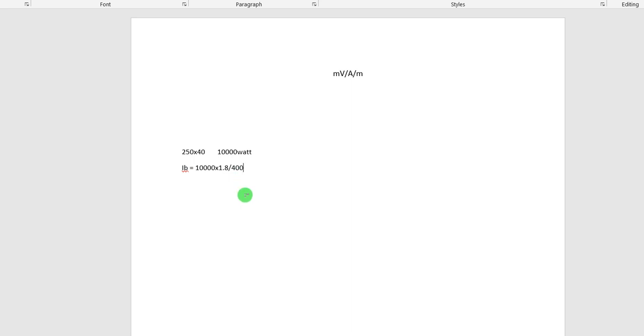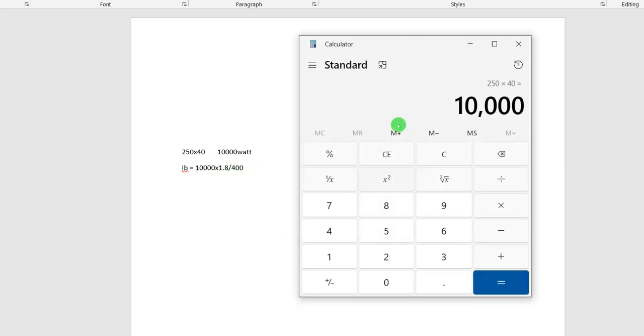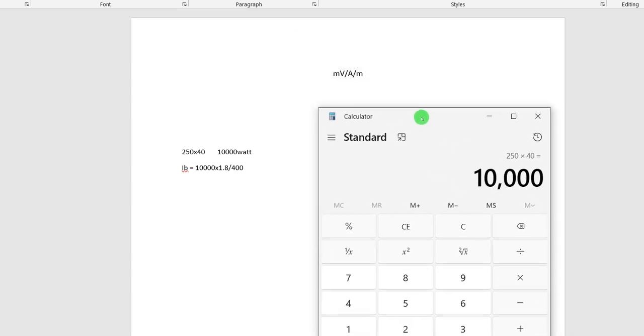Remember, I said as a beginner, you're going to work with predetermined factors. You're not expected to generate factors or know the formula to do your factors calculation. Now, you're going to be working with tables. Let's bring a calculator and generate our IB.